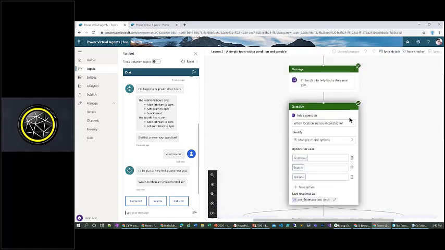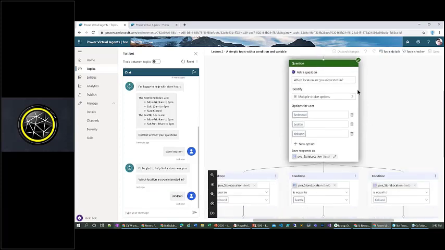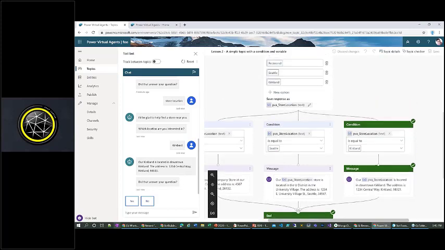And what it's done is it's gone and executed the first part, and it's now waiting for an interaction. So if we go ahead and choose one of those, for example, again, it's following and being aware that we've gone through this particular dialogue. The user won't see this. This is simply for testing purposes, but the idea is that Power Virtual Agents are giving us a very powerful ability to create some kind of bot interaction that we could then go ahead, as I mentioned,